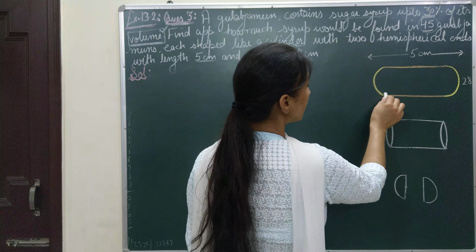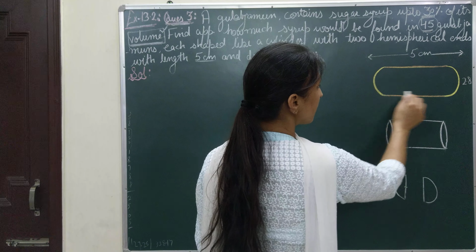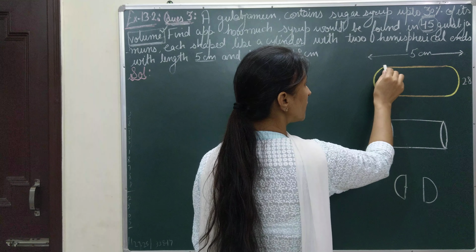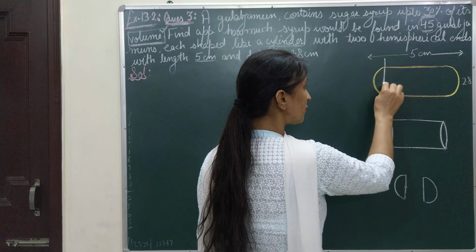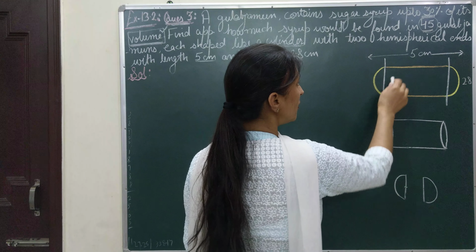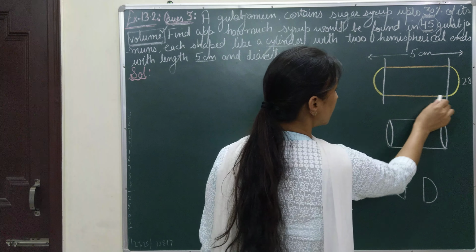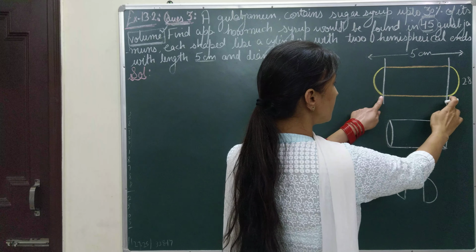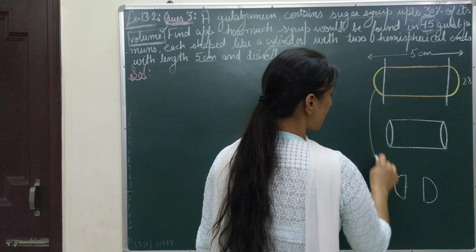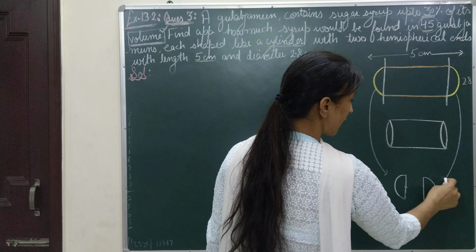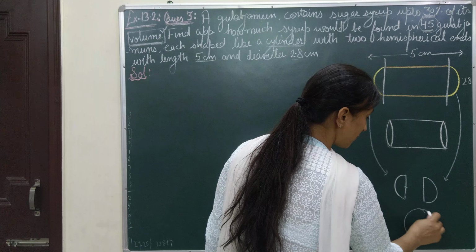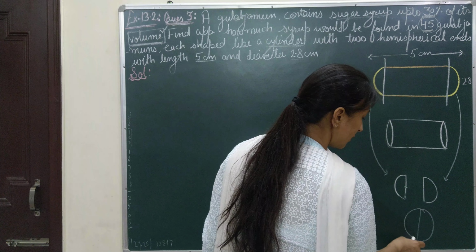As I am unable to find such a shape which is combining two shapes, what I will be doing, I will cut this gulab jamun from the hemispherical ends. When I cut this gulab jamun, what am I left with? I am left with a cylinder from inside. Here I am left with one cylinder which I have drawn here. And these two hemispherical shapes I have drawn here. When I join these two hemispherical shapes, it will become a complete sphere.